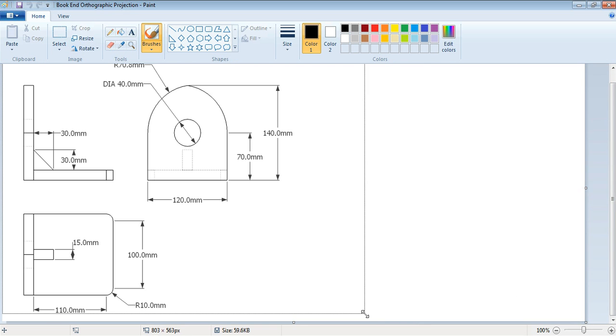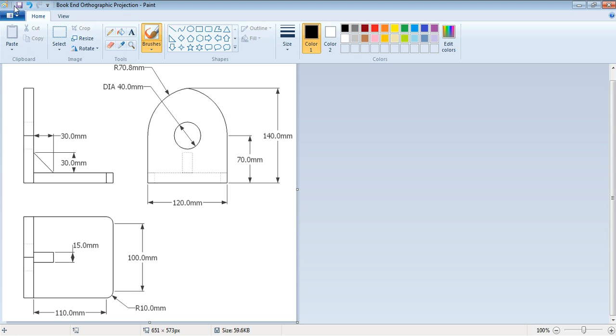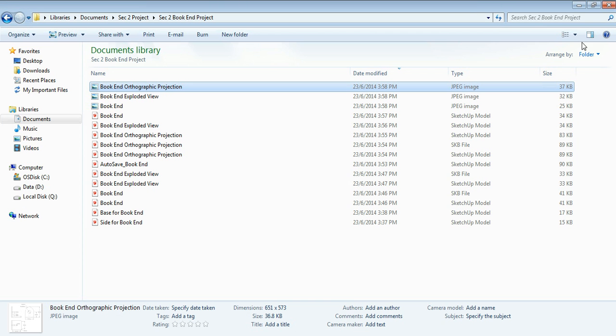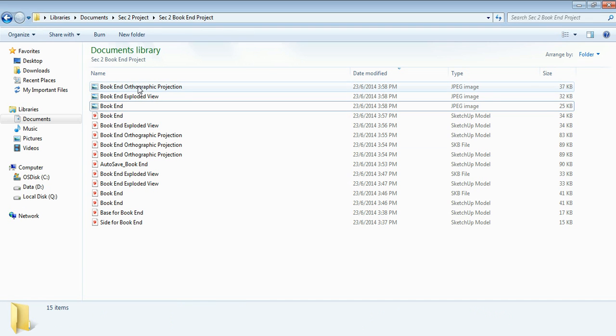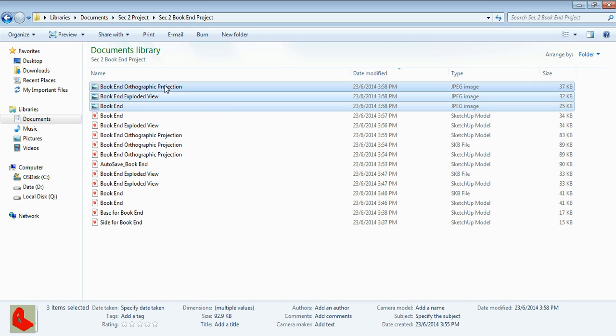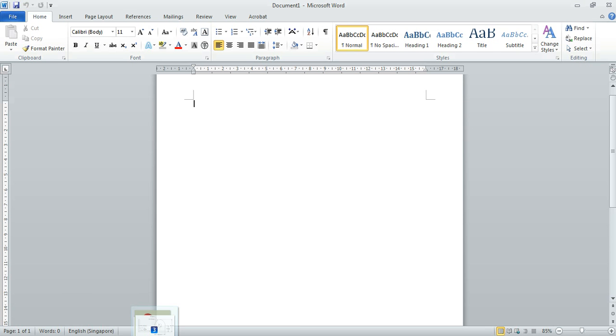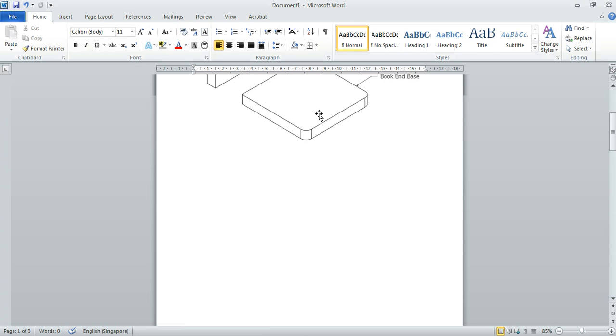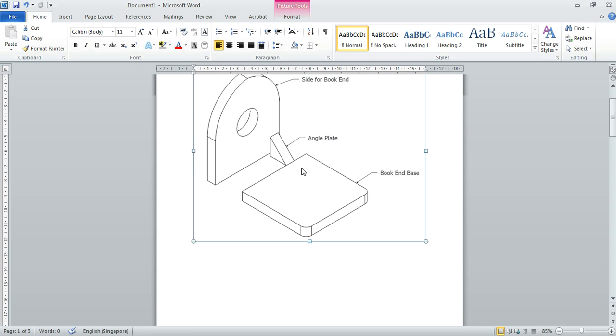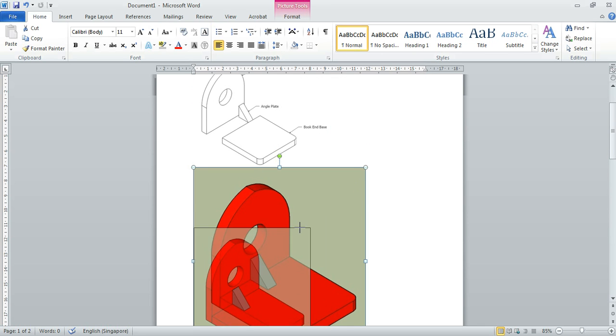Same thing again. Then you just pull in all the 3 images into Microsoft Word, reduce the size a bit so that everything is visible